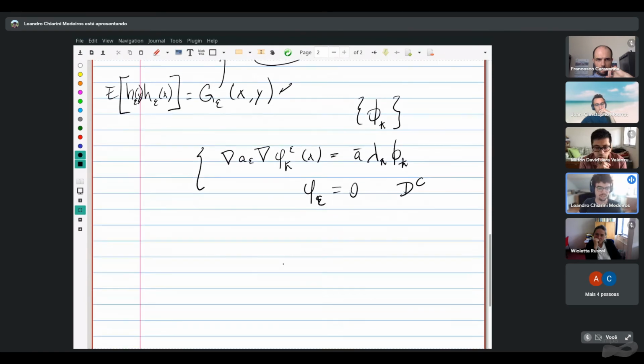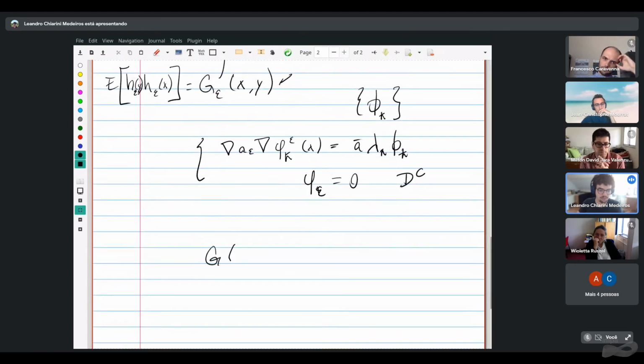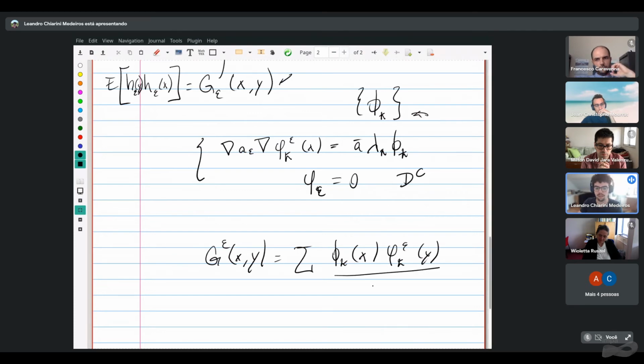It turns out, and that's very convenient for us, that the Green function for this operator, nabla a epsilon nabla, is equal to the original orthonormal basis times this pseudo orthonormal basis that we just defined here, and lambda k for the same lambda k. So you can actually transfer your results to convergence in any